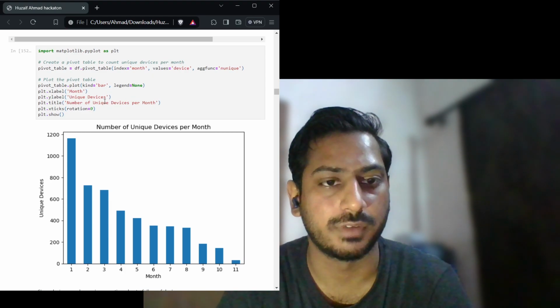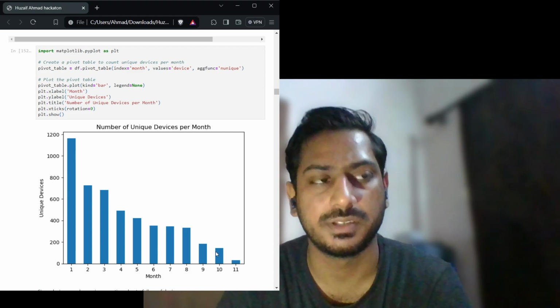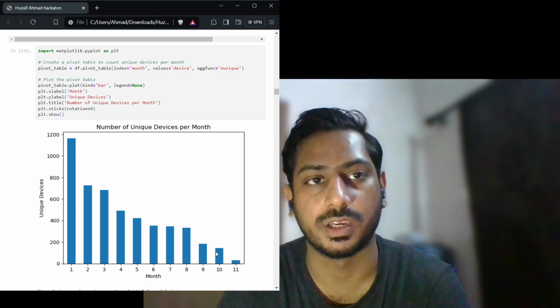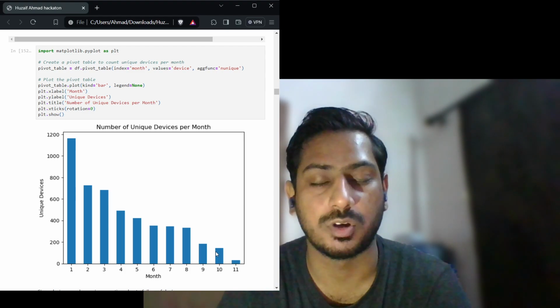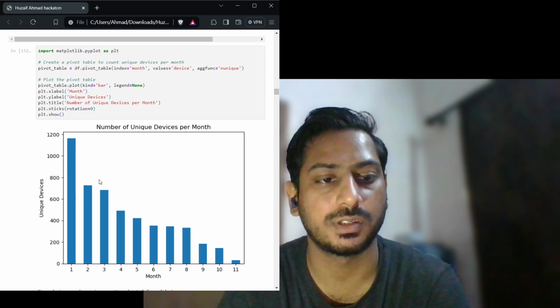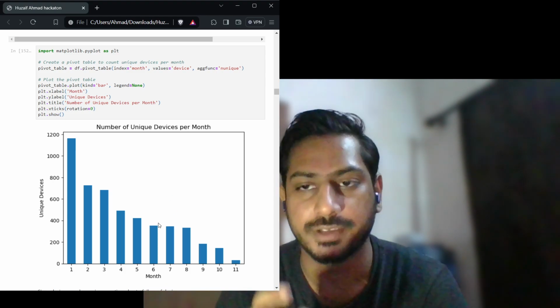The values it is giving us show that by the first month we have more unique devices working, and by the last month we have very few devices working. This means that in the last month very few devices are surviving and their active life is much longer than all the other devices. And in the middle, like between 5 to 6 months, the devices we have